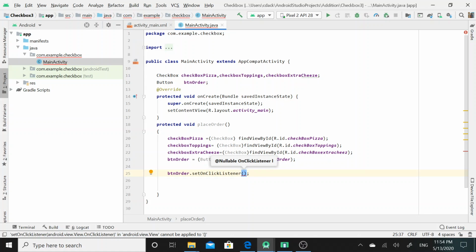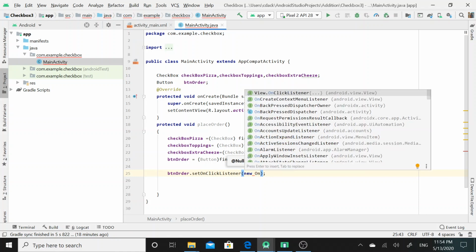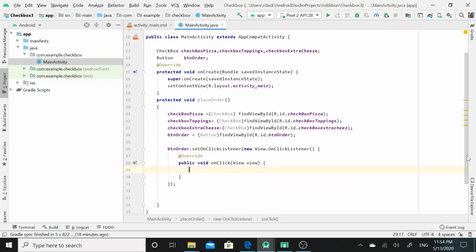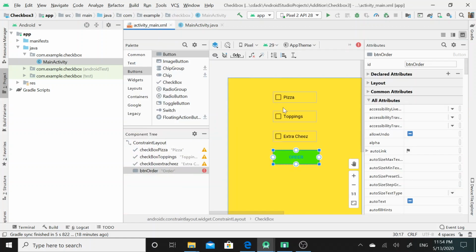Then later on I need to call here the OnClickListener interface. So I have called over here the View.OnClickListener interface, and I would use the onClick abstract method of this OnClickListener interface to determine how many options have been selected by the user.